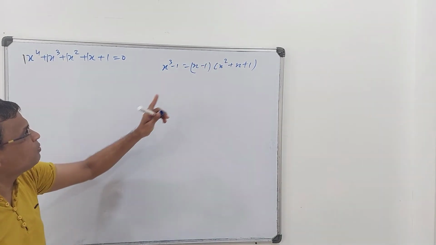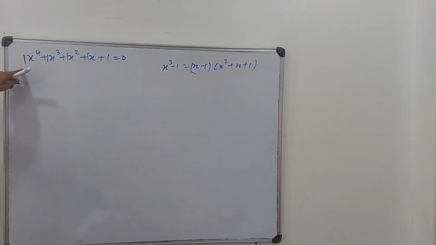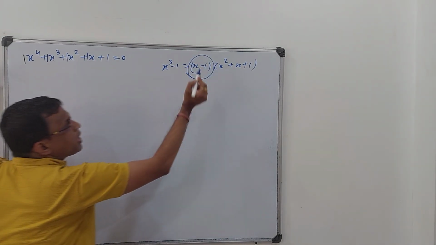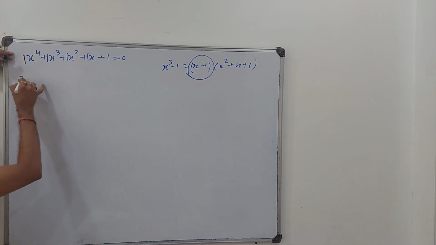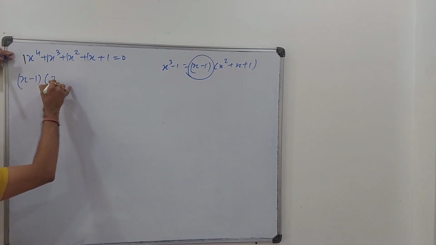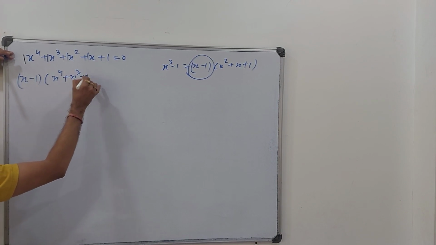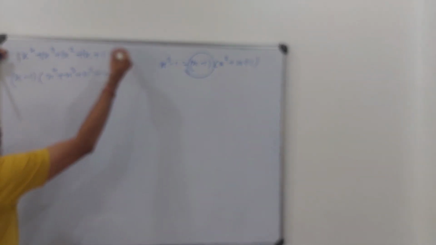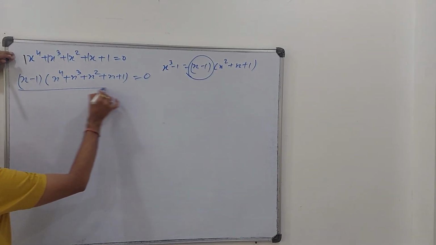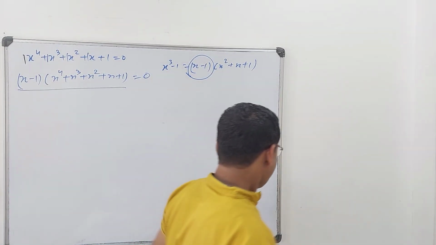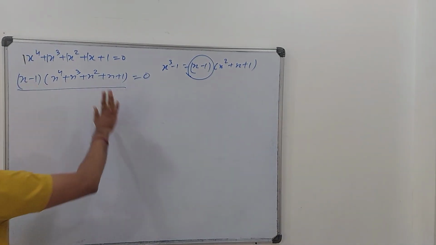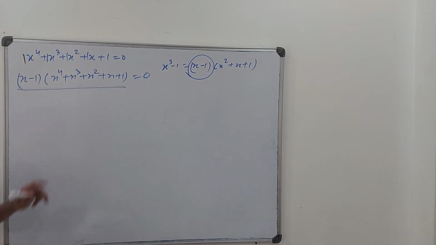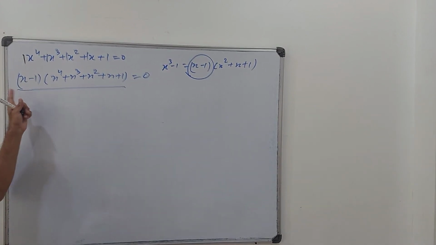The only thing is, in place of x square plus x plus 1, I have this big expression. So I will multiply both the sides by x minus 1. This is a very wacky approach. In this relation, I am multiplying both the sides by x minus 1. When I am multiplying by x minus 1, of course 0 into anything is 0. It will give me the result like this. But one thing is clear, make a note of this. When you are multiplying with x minus 1, if you equate x minus 1 with 0, you are getting x is equal to 1.